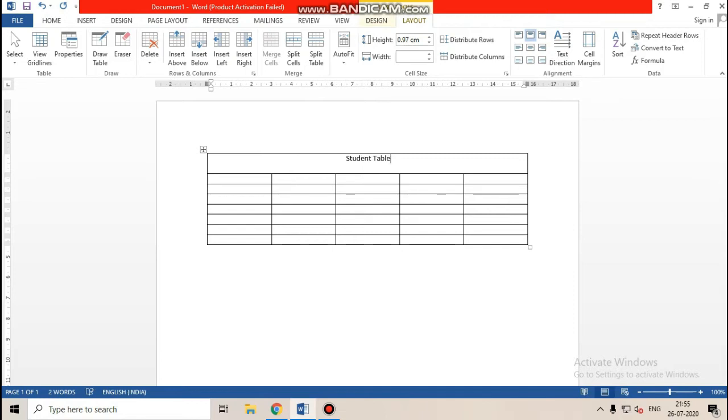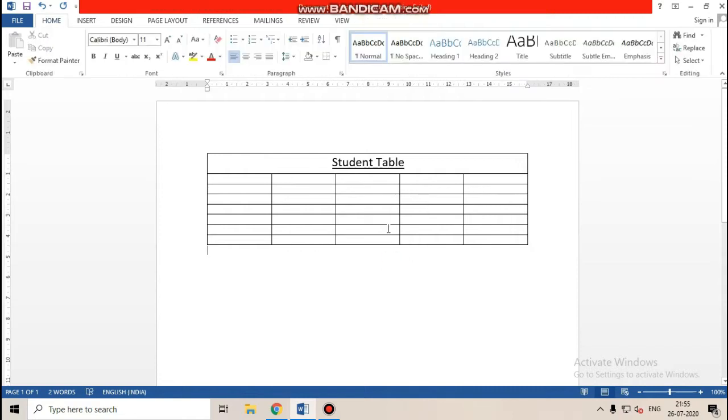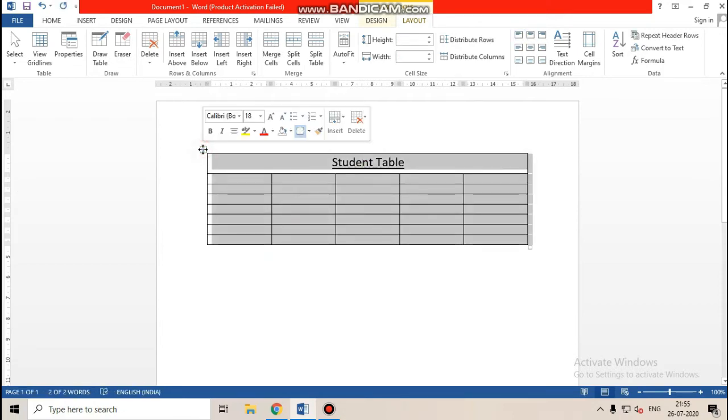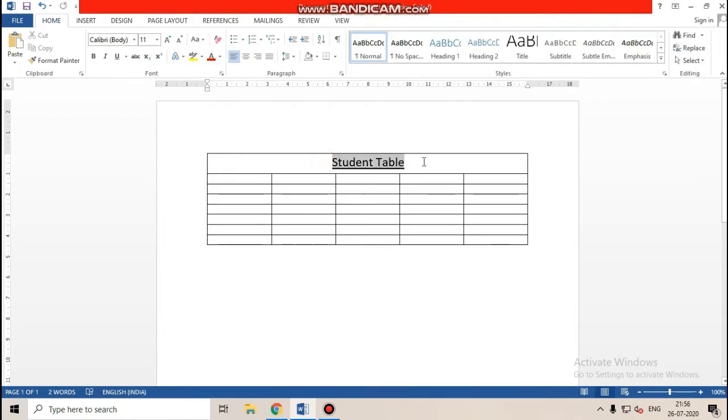We call it the table header. The table header tells you about the table, the title of the table. This is very important. Like this you can create a title for your table. If you want, you can write it outside the table, above the table, also, but this is fine. If you write everything inside the table, you can copy it, so all information you can move from one place to another. So this is a table header.